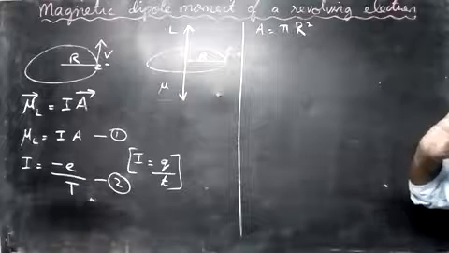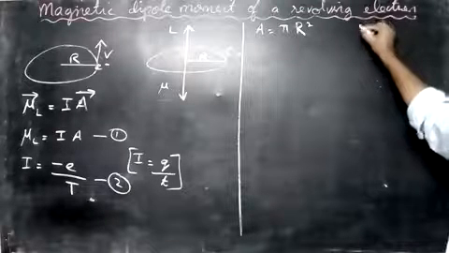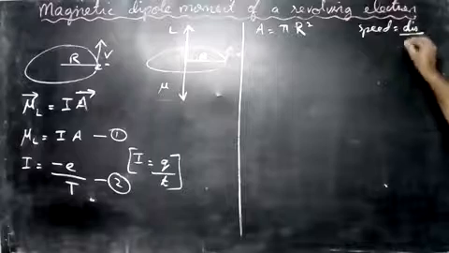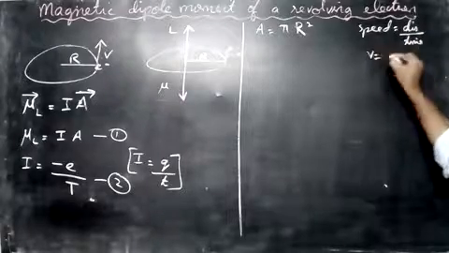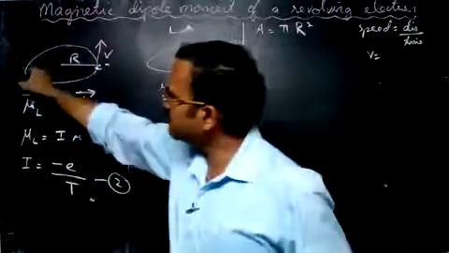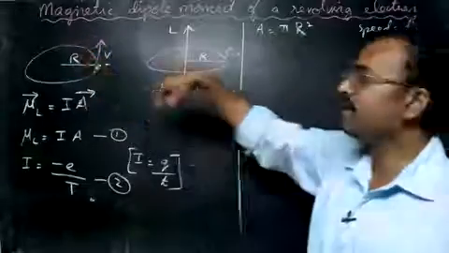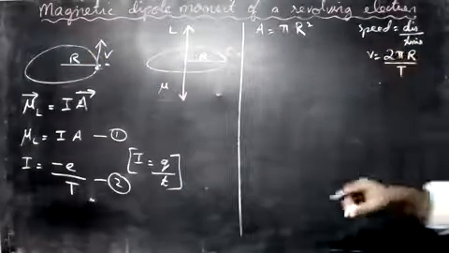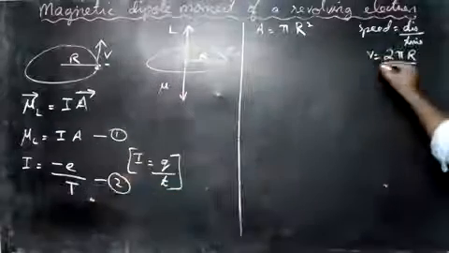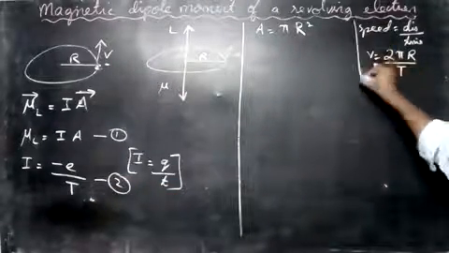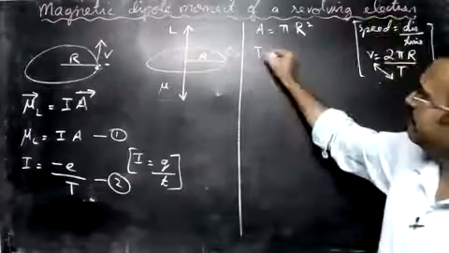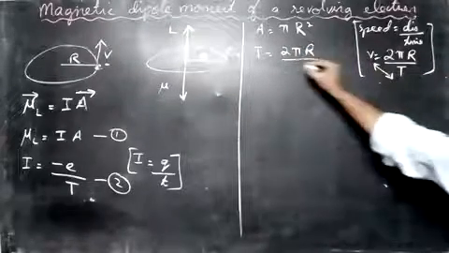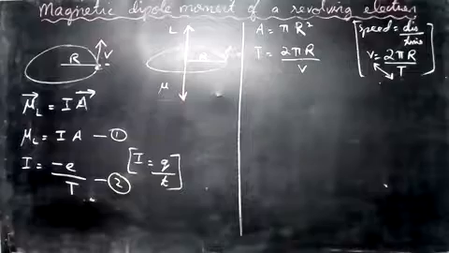We also know that the formula for speed is distance by time. So speed, that is v, is equal to distance by time. You see the electron travels a full orbit here. That is the circumference of a circle, given by 2 pi r. Time is T. Our aim is to find this T here. So we cross multiply and interchange. What do we get for time? We get time is equal to 2 pi r by v. Let this be equation number 3.